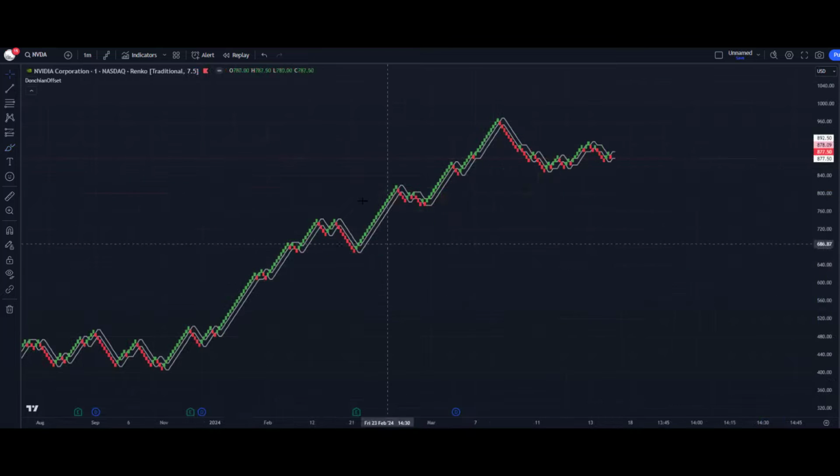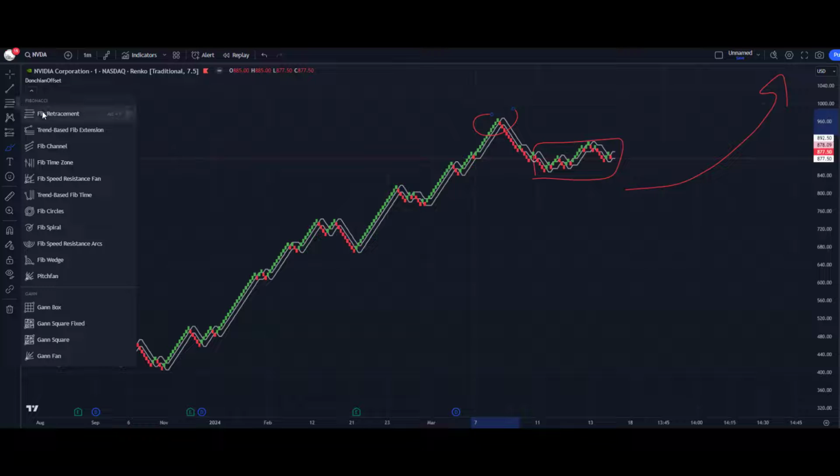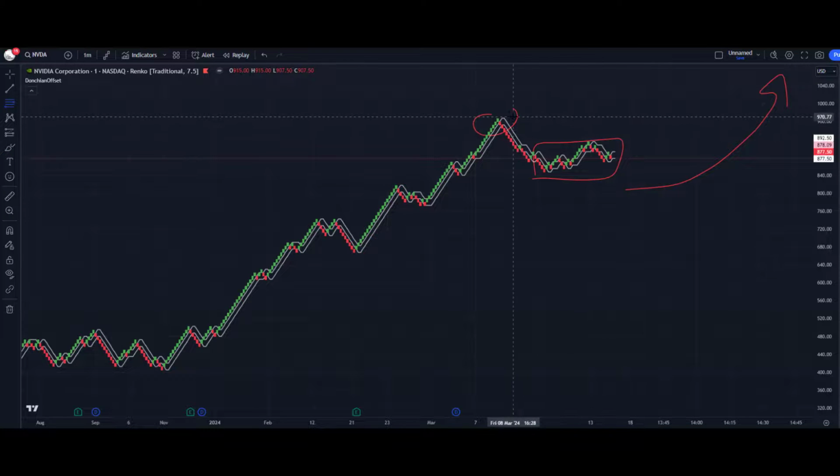Just one last example on the Fibonacci's. We've got in the video here $7.50 block size. Now we're believing in this trade that the price, after that consolidation that we've seen in here, pulling back from those highs, is going to go up further again. We can create a roadmap for ourselves going forward by using the fib retracement here in the setup. Again, we're going to go aggressive